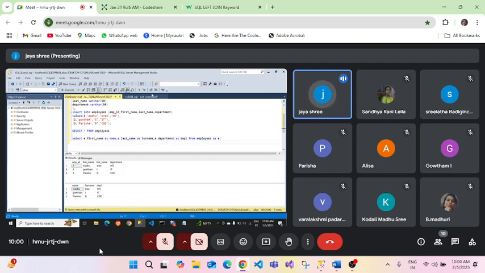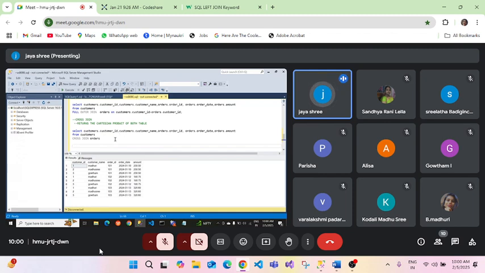Next, what we have left over is joins, right? So we have completed the cross join as well. And what is full join? Full join means